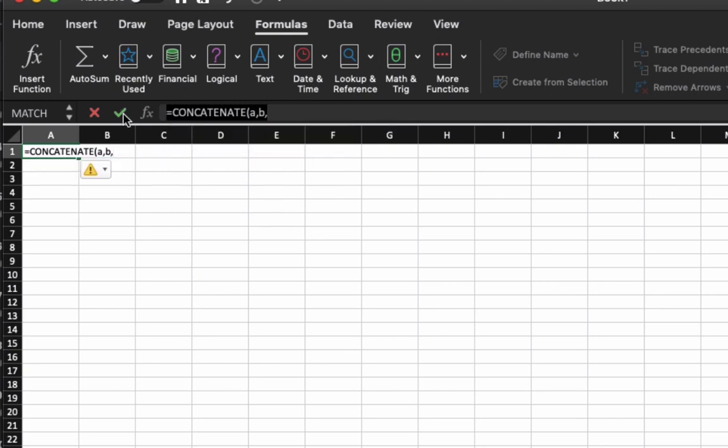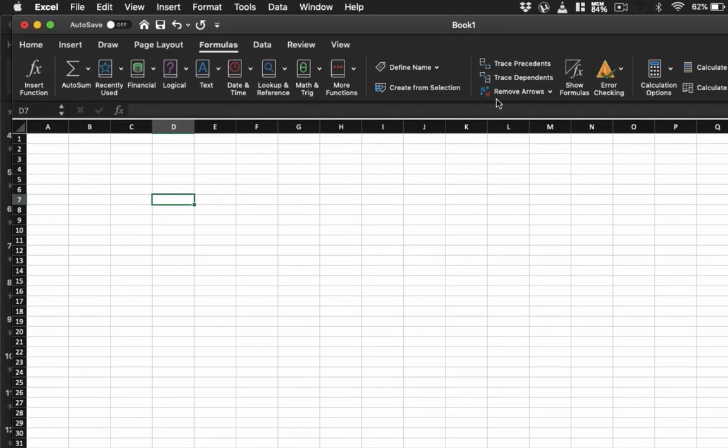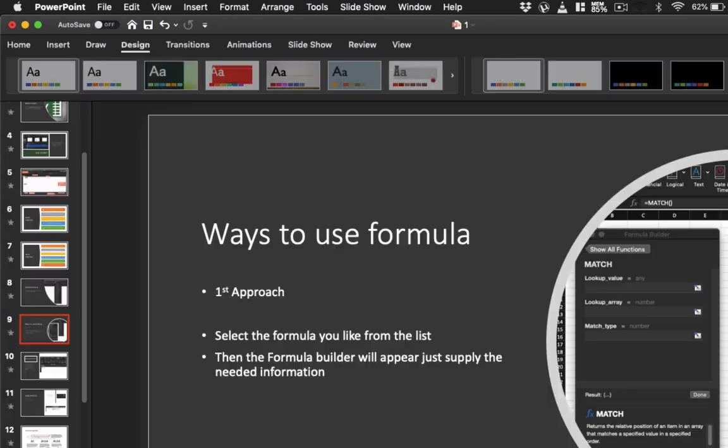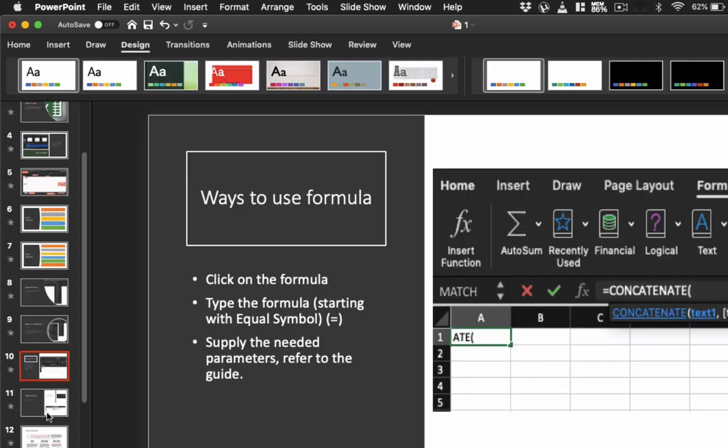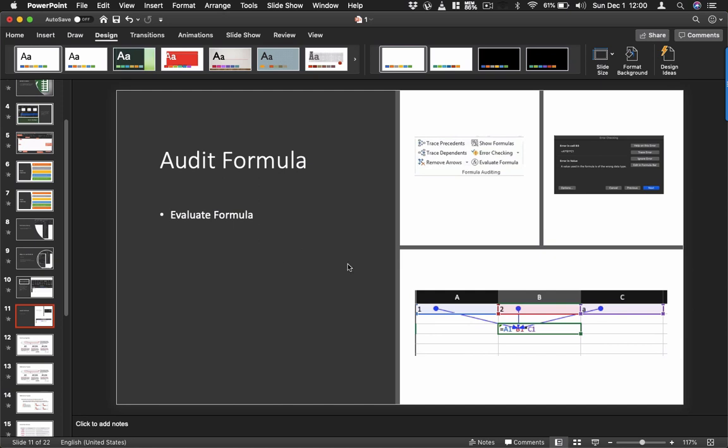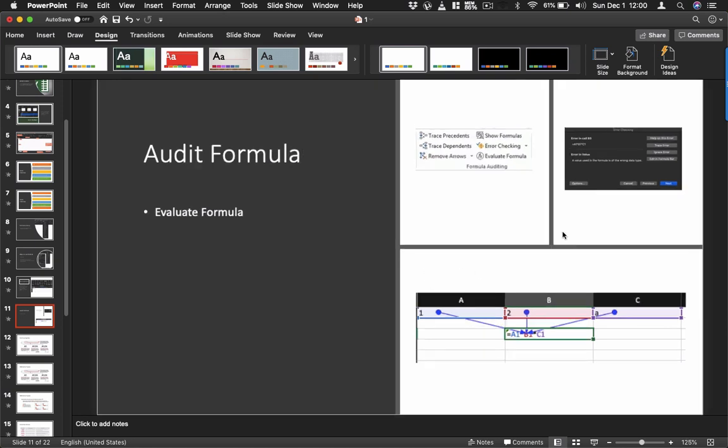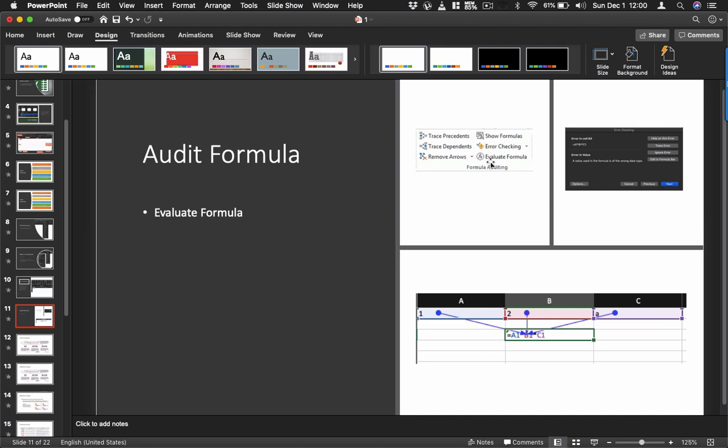Okay. So the next item here is our auditing tool. The auditing tool is found in this section. Okay. Now, if we go back here to our PowerPoint, let me show you our auditing tools here. Now, the auditing tools allow us to evaluate the formula that we use. Now, let's say we have here,